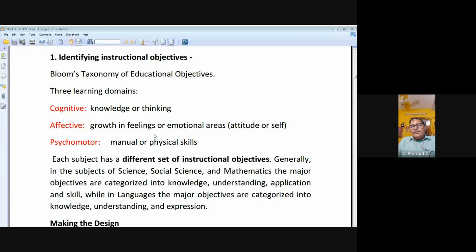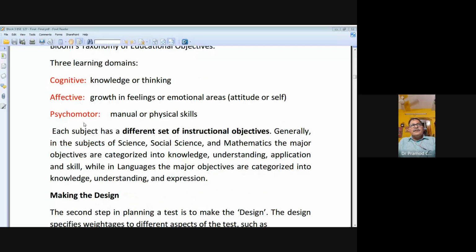How you are going to understand this subject matter. Psychomotor means manual, your physical skills. Suppose you have the knowledge and the understanding, and when you get the question, you are able to answer it properly in the answer sheet. But if you have the knowledge and are not able to write, then your writing skill is not there,